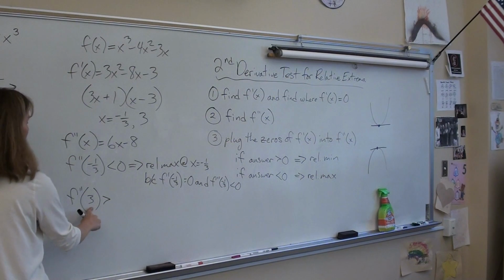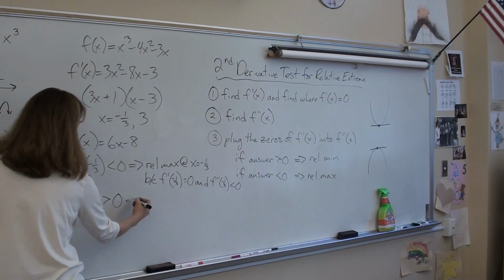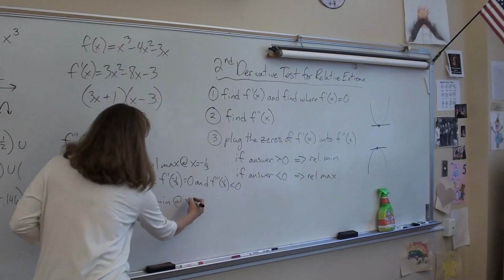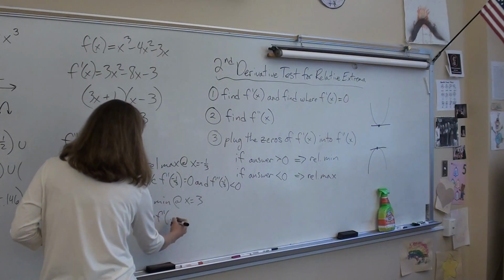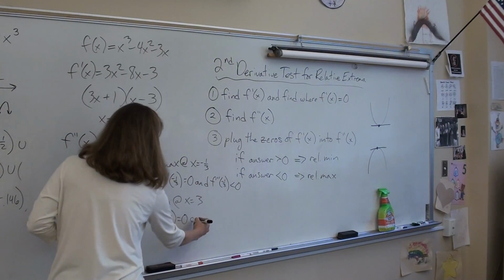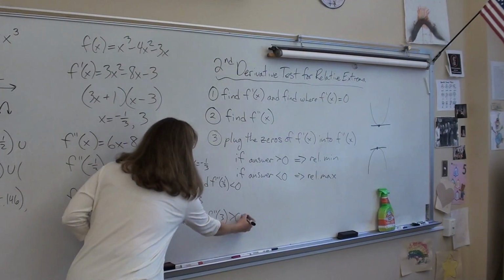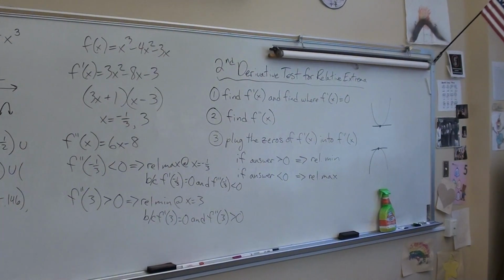F double prime of 3, that's 18 minus 8, that's positive. So we have a rel min at x equals 3, because f prime of 3 equals 0, and f double prime of 3 is greater than 0. Woo, and there's the bell. All right, so do your best on this. Focus on concavity. Second derivative